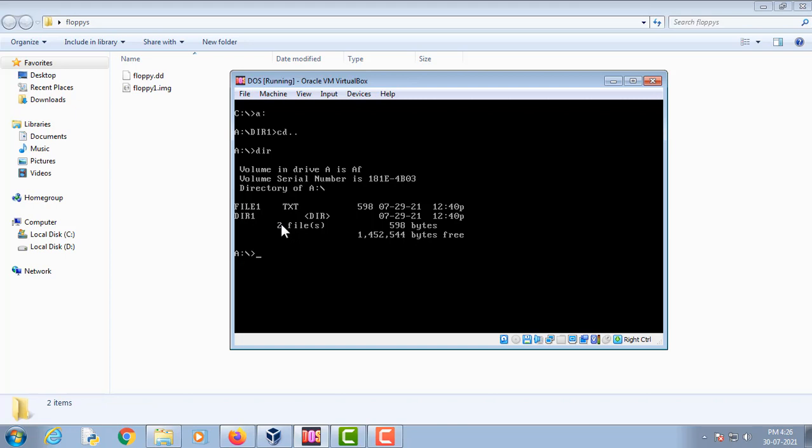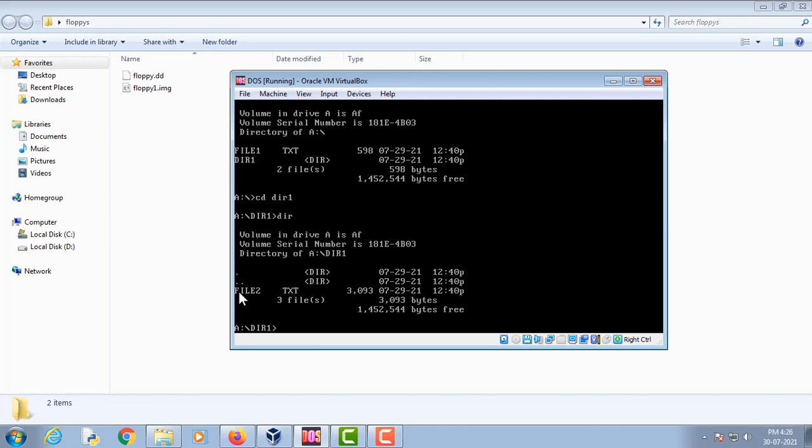If we go inside this directory, you will see that there is another file by the name of file2.txt, which is 3093 bytes long.